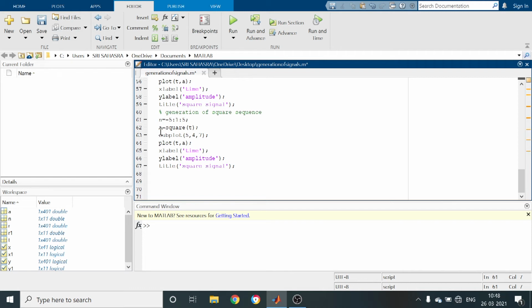Here I am using a variable a1, square of n, and subplot 5, 4, 8. Instead of the plot command, we have to use the stem command for a sequence. Stem n, a1. X label is same, Y label amplitude, title is square sequence.